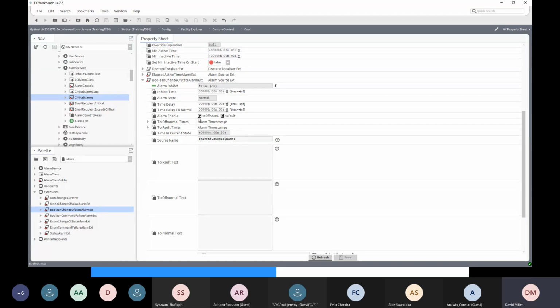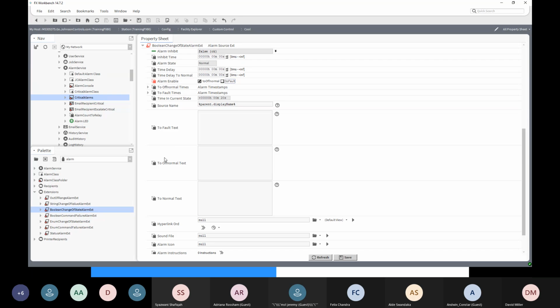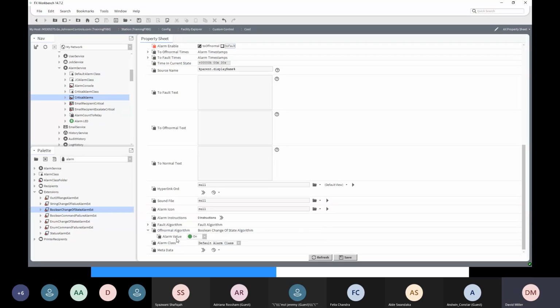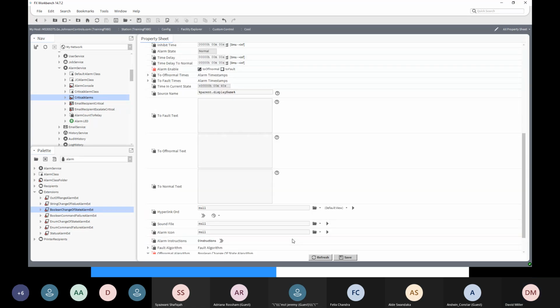Then again, I've got a fault condition or an off normal. I won't use the fault. And I've got my off normal algorithm here. And in here, I just nominate which of the two states, either on or off, is my alarm state. So in this case, I will say that on is the alarm state, and it'll be a critical alarm. And this time I will say the source name is